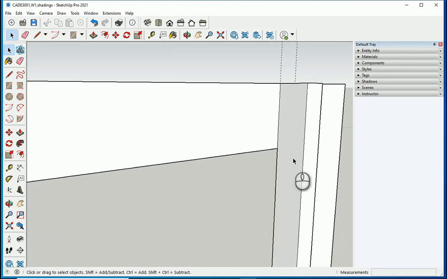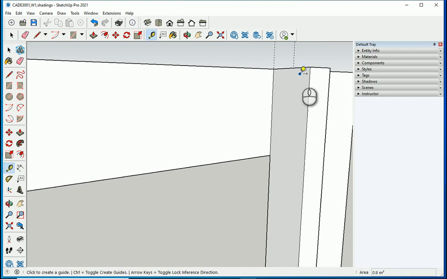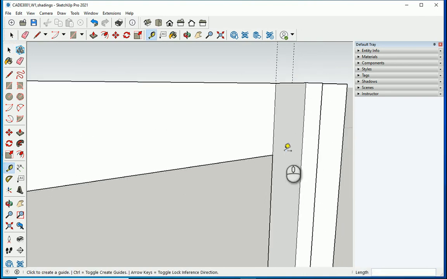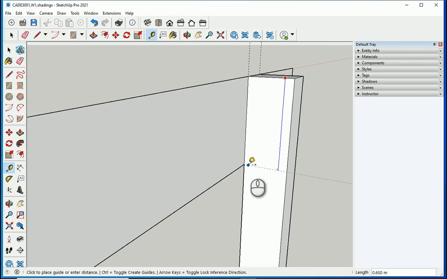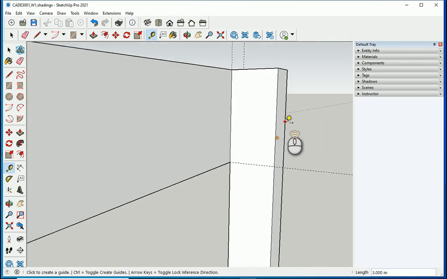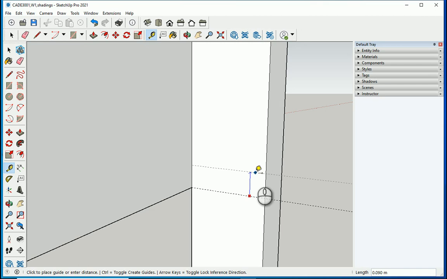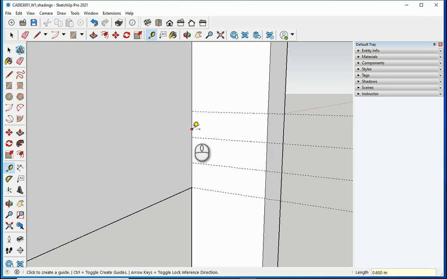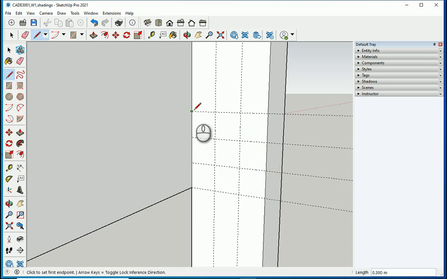So I want to draw a pattern here. So let's go with a tape measure from here to here. There we go. Now I want to draw 3 lines which are 0.1 meters away from each other. 0.1, 0.1, and excuse me, the last one also should be 0.1. Also on the other side, you can read the number here, or you can just insert the number 0.1 and 0.1. I want to draw one line here, one line here, and I want to go with 2-point arc